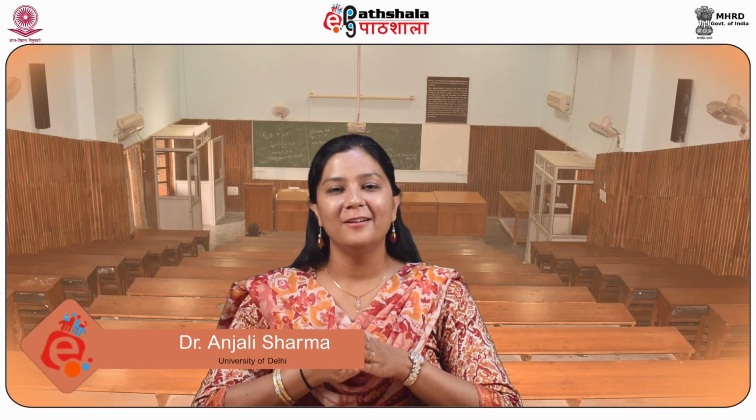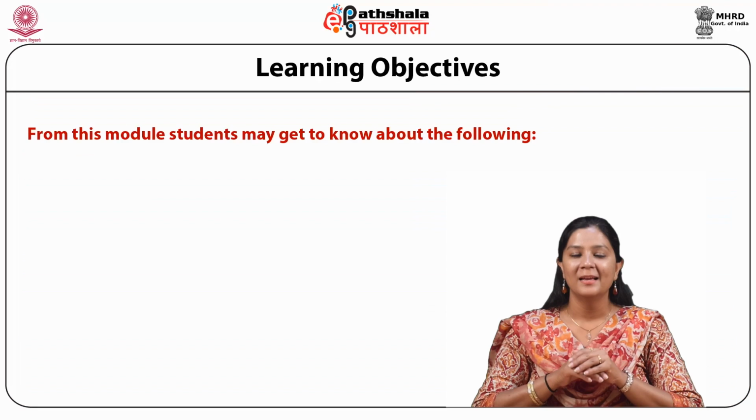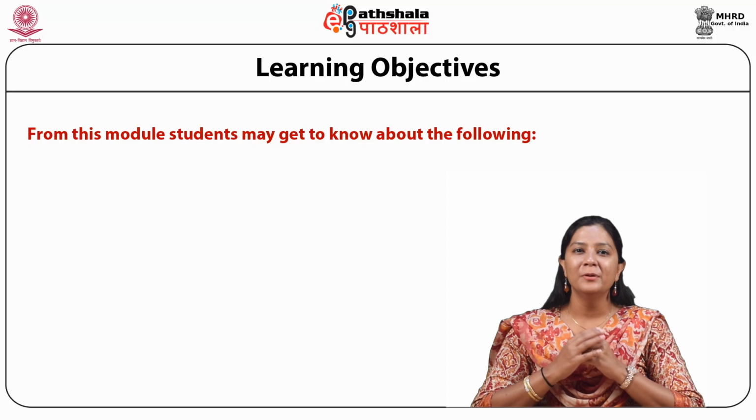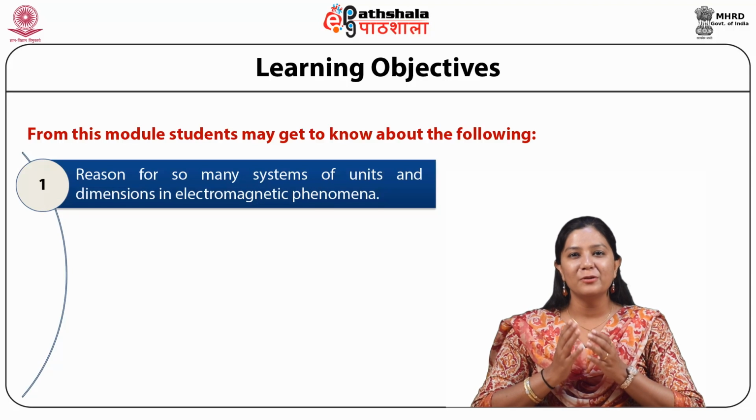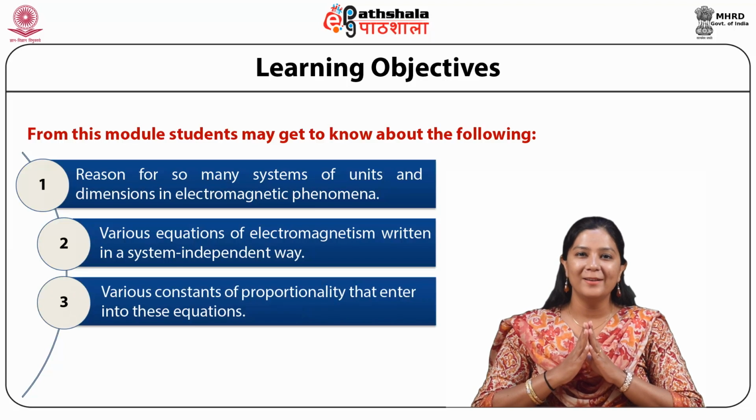Today we are going to talk on the module Units and Dimensions under the paper Electromagnetic Theory. After completing this module, the students will be able to find reasons for so many systems of units and dimensions in electromagnetic phenomena, and the various equations of electromagnetism written in a system independent way,